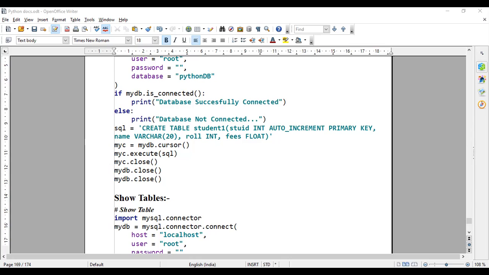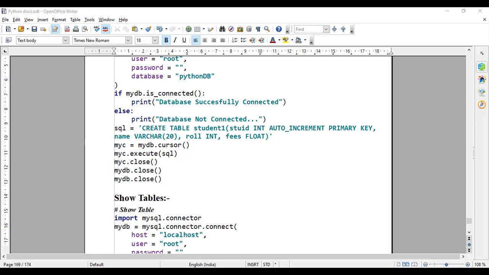If I run this code, okay, there is an error. Why the error? Because the database name is not Python DSB.